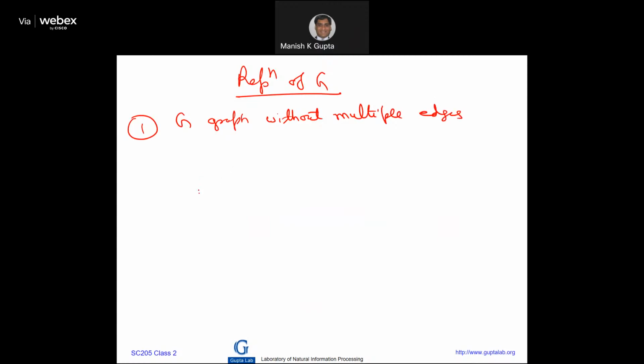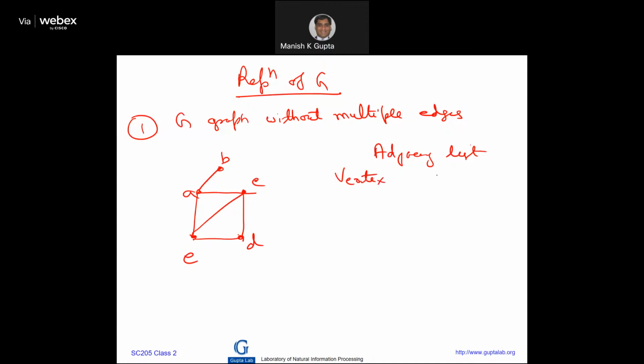So we have A, B, C, D, E. This is a graph. So I have to represent it in a computer, right? So one way is we prepare what is known as adjacency list. I make a list of vertices and adjacent